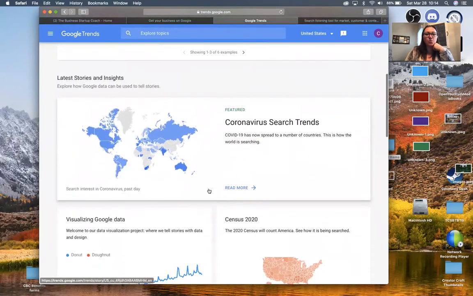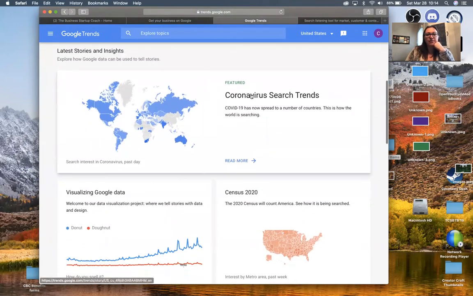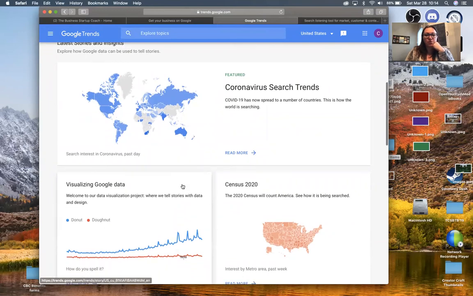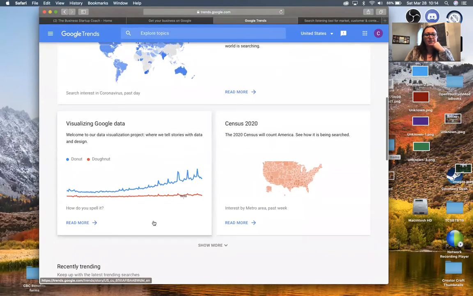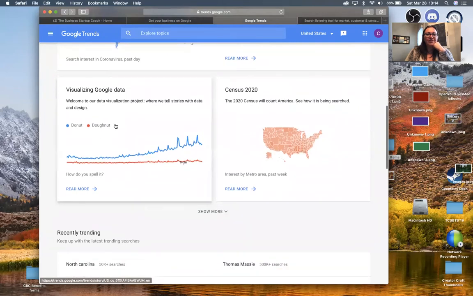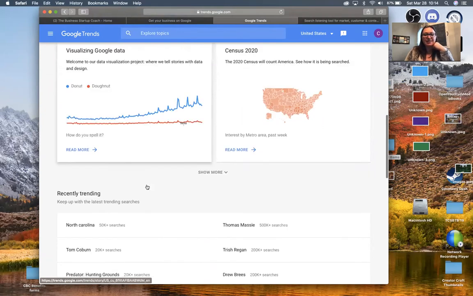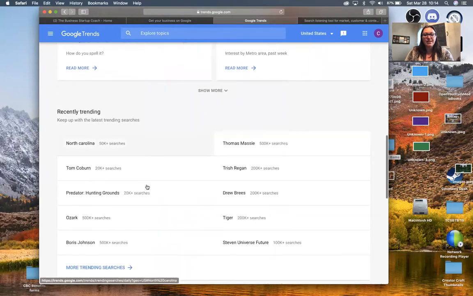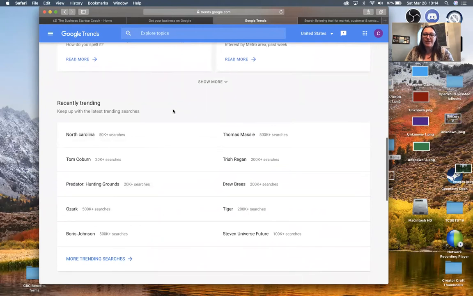Okay, so you keep scrolling along and okay, latest stories and insights. Coronavirus, shocking that this is taking over most of Google lately. And oh, look, visualizing Google data, donut versus donut. And so how do you spell it? So lots of super interesting things. And if you scroll down to recently trending,